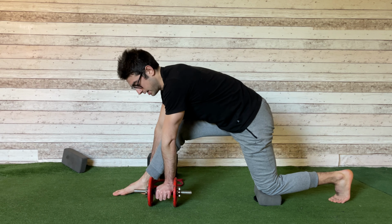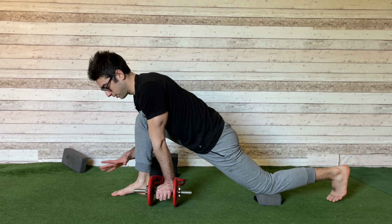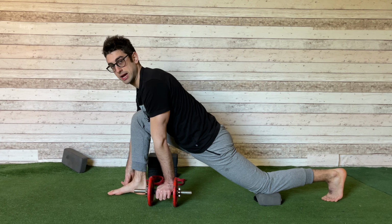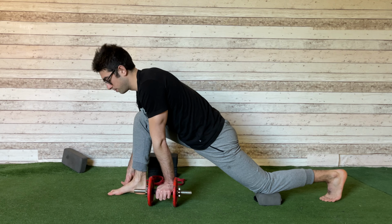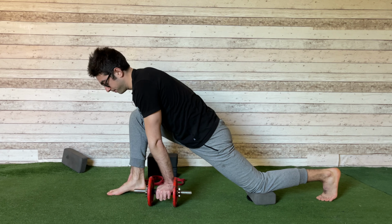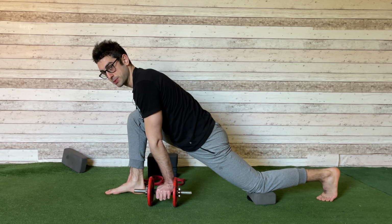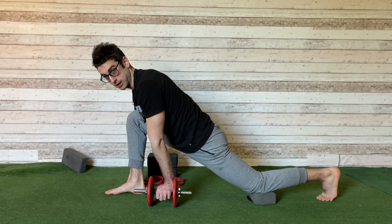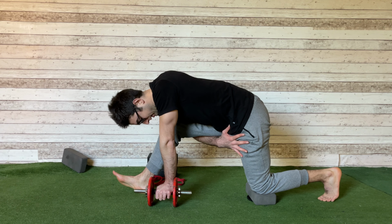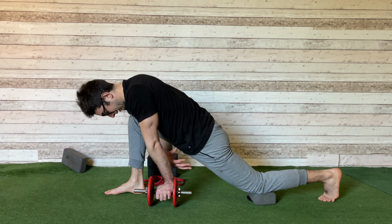less weight. Of course, for example here I'm using 4 kilos. Okay, so if you feel that 4 kilos are too much for you, you don't feel the correct sensation of stretch during this position, then you might use something less. So for example 2 kilos. Vice versa, if you feel that you need more to push those hips down, then you can use like 6 kilos. Okay, the aim here is to relax this knee and this hip, allowing them to come closer to